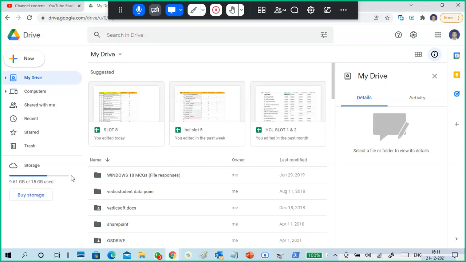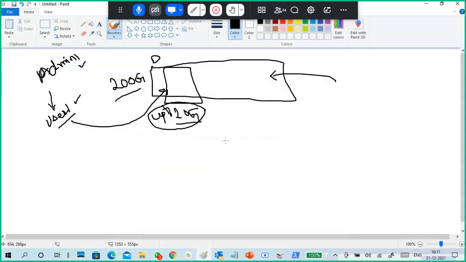If you cross the 15 GB, you have to pay for it. So how is it possible? This concept is disk quota. Limit the storage access. Don't give the entire space, give limited space only, by using disk quota. So NTFS, one of its features is disk quota.